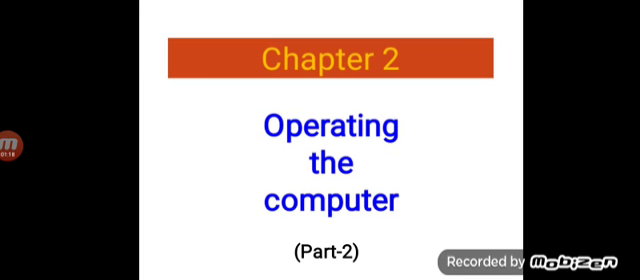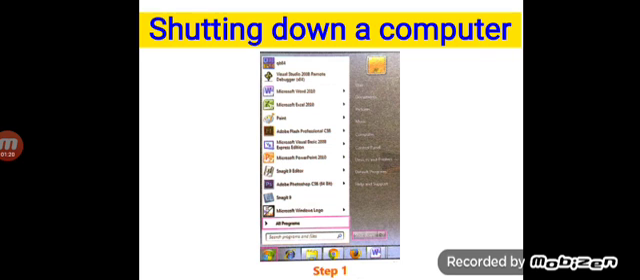Today we are going to see how to shut down a computer. Shut down means to turn off. Computer को बंद कर देना, that is called shutting down. After we have completed our work on a computer, it is very important to shut it down